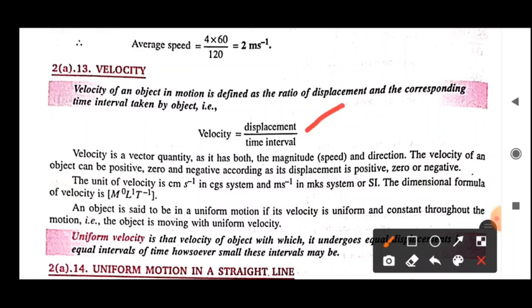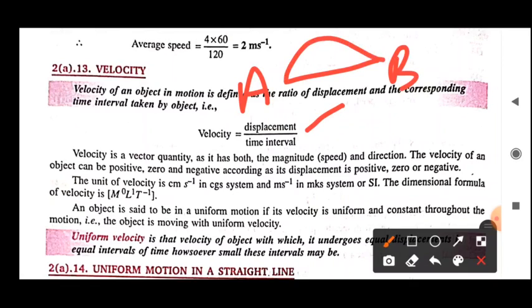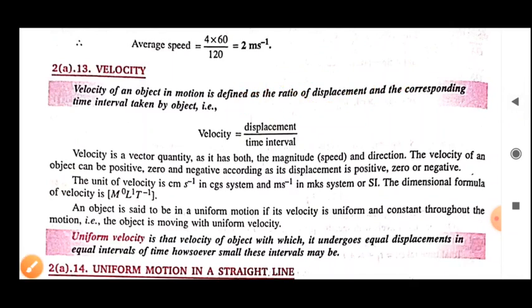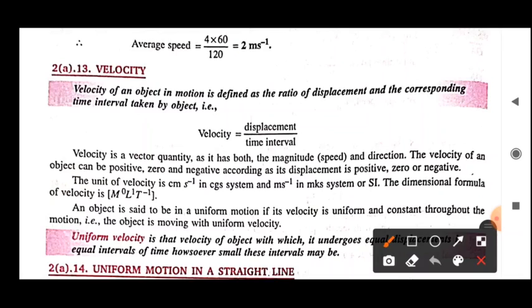That is called the displacement. So suppose for 2 points we have A and B, a number of paths can be taken to reach from A to B, but if you see the distance between final and initial, meaning B minus A, this is the path you will obtain, the shortest path. So this shortest path is known as displacement. So here velocity is what? The velocity with which the body is displacing, that is the velocity.